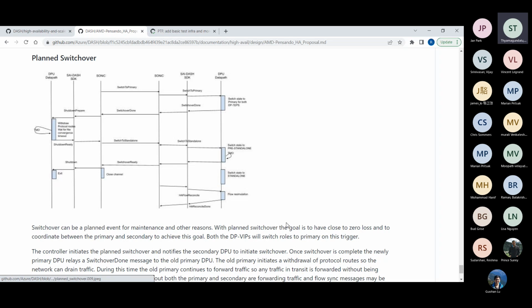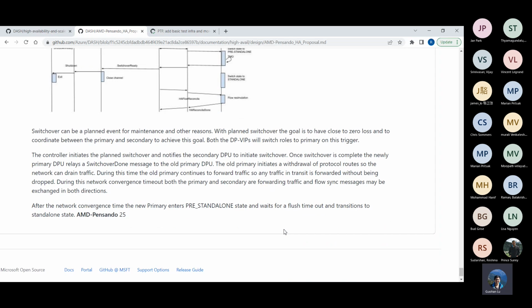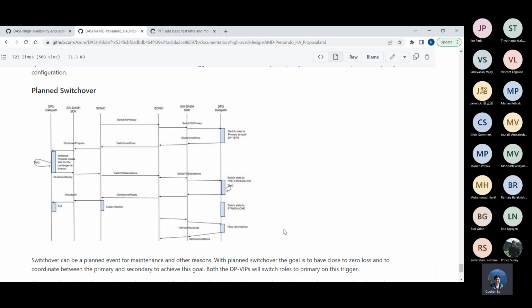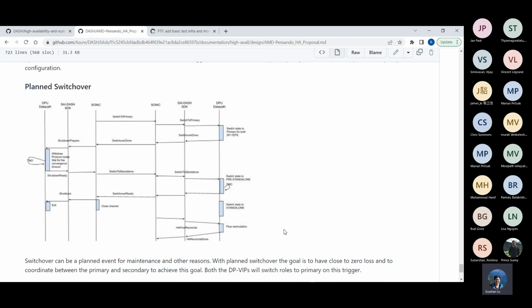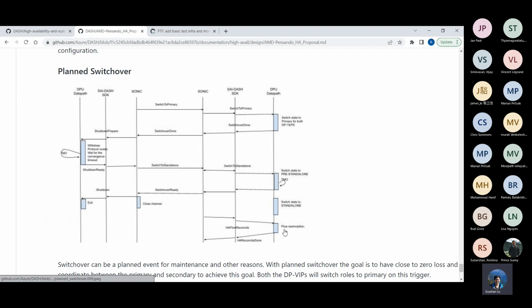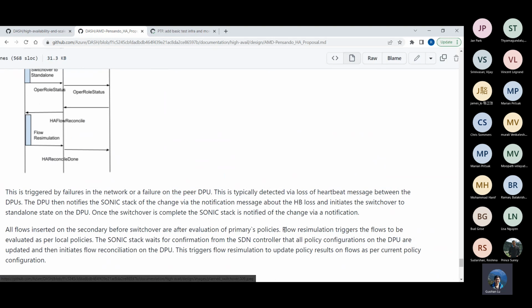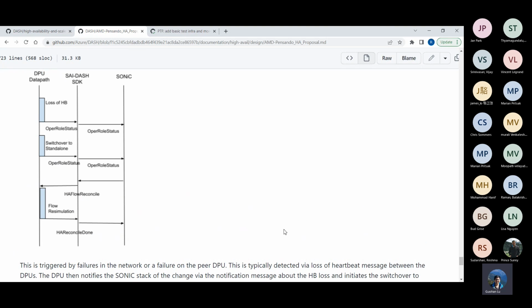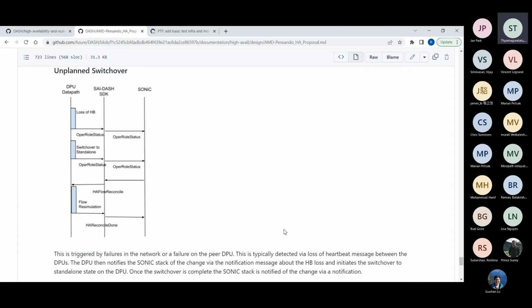Right? So that's the thing. Sorry, can you expand once more? You're saying for the unplanned switchover there are no zero drops, right? For planned switchover, we can do zero drop, but not for unplanned switchover. No, I get that part. It was why the planned switchover is no drop at all.